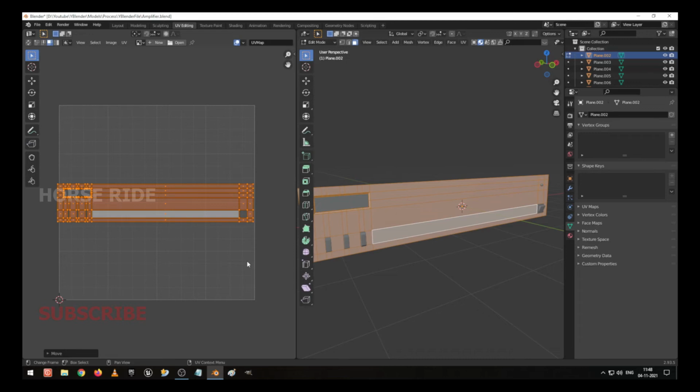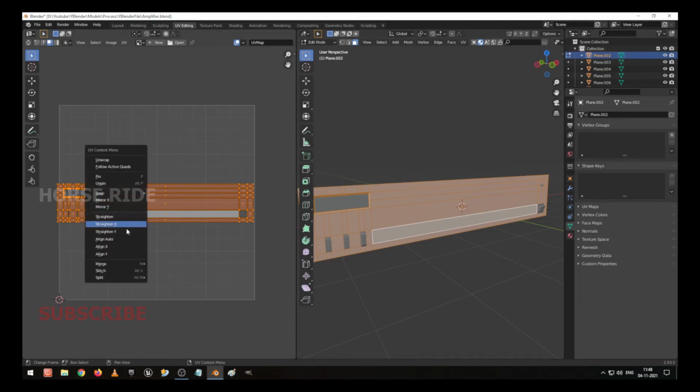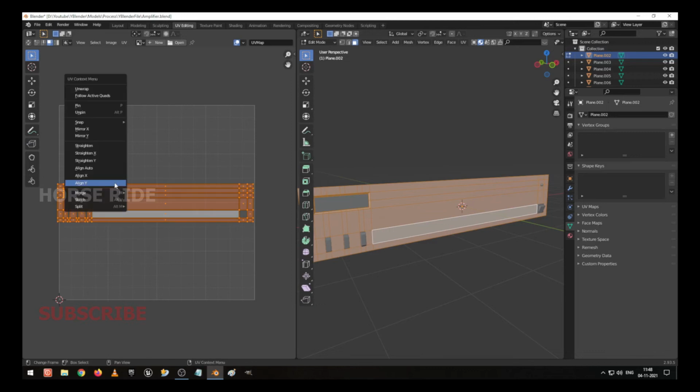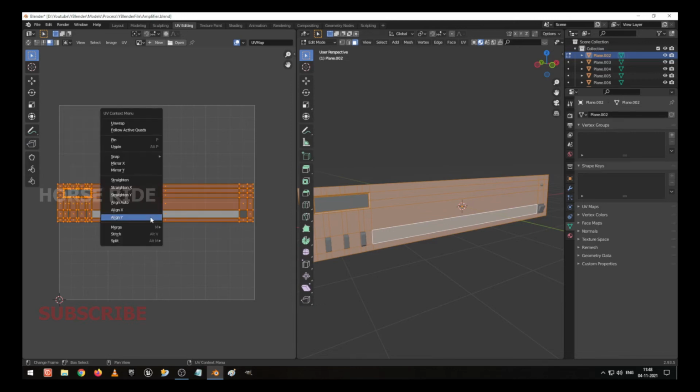But it has come out wrong, right? I right click and mirror it in Y, not like this, and mirror it in X, not like this too. So I press Ctrl Z. Now it doesn't work that way either. We have to change some settings for this snap.